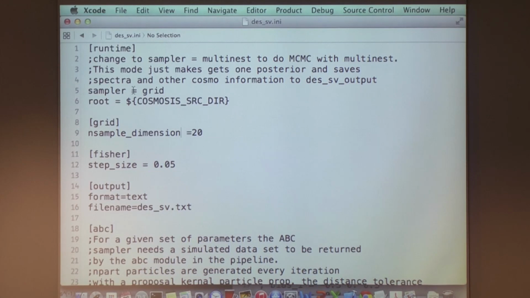In this file, the sampler tells you how you're sampling the parameter space. The way that file was set up initially in CosmoSIS, it was Fisher or something like that. I'm asking you to change it to a simple one, grid. It just evaluates on a grid of parameters, and you just have to define what the grid is. One of the parameters needed is how many values of the parameter it samples. That's the parameter nsample_dimension; set it equal to 20, or 10, whatever. The other file is the values file, that's right. This is a really collaborative exercise, especially if you don't have CosmoSIS installed.